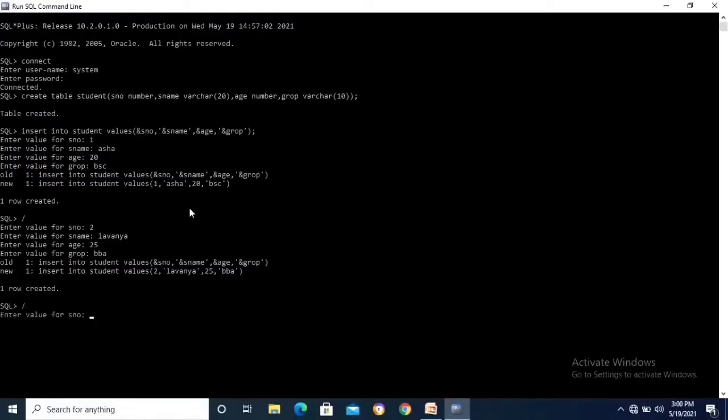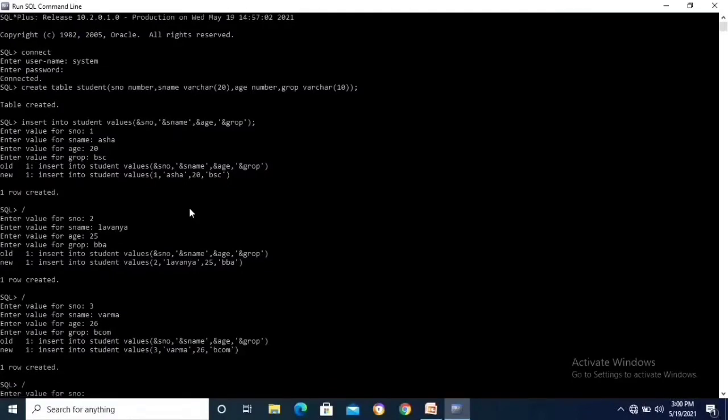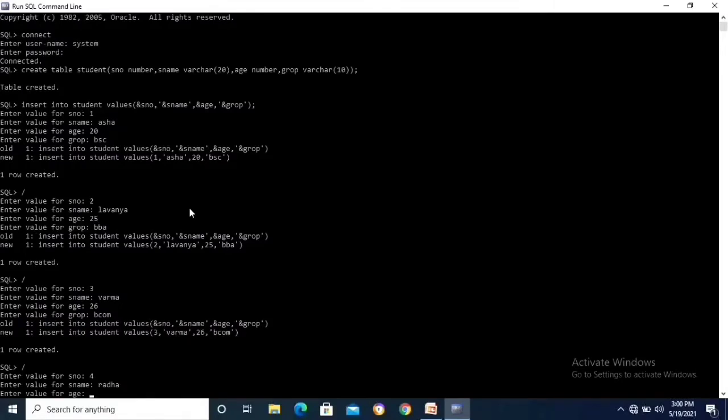Next, third one. Student number 3. Name Verma. Age 26. Group BCom. Okay, one row is created. Next, reverse slash enter. Student number 4. Name Radha. Age 27.